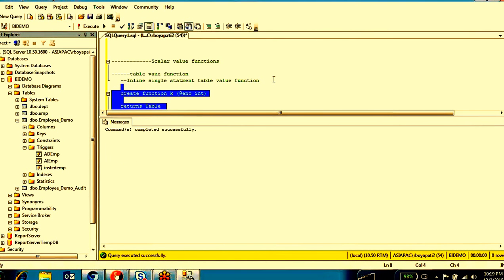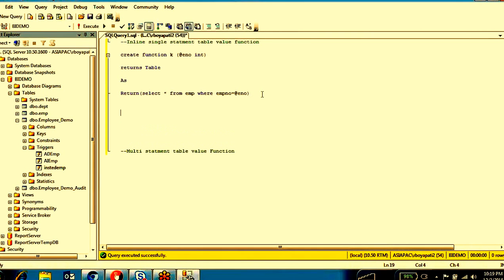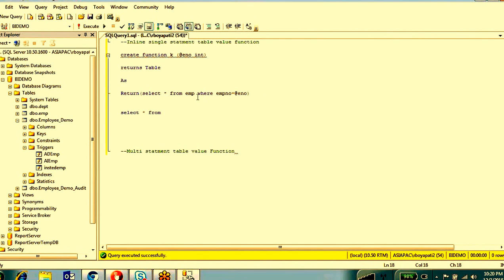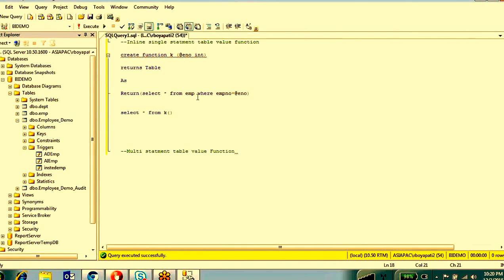If you execute this, the function is created. And how can you execute this function? You write select, the list of columns, whatever columns come from here, or star, from the function name k, and then the input parameter value.